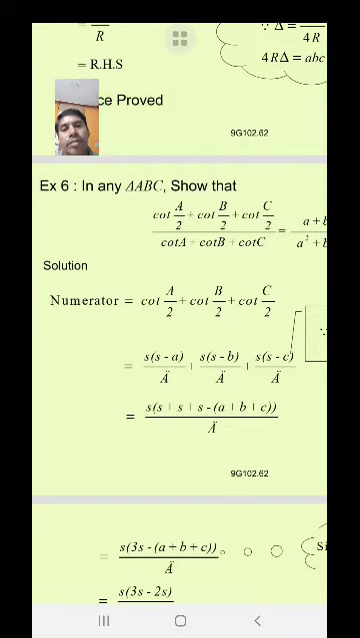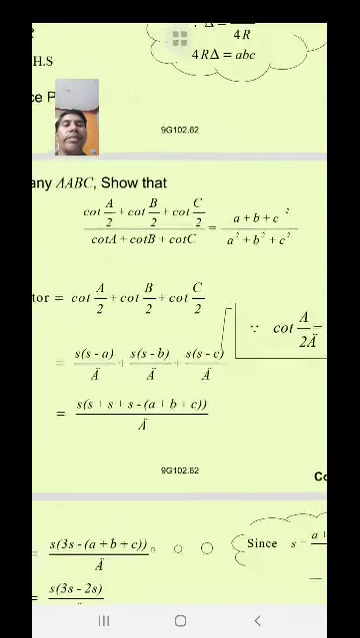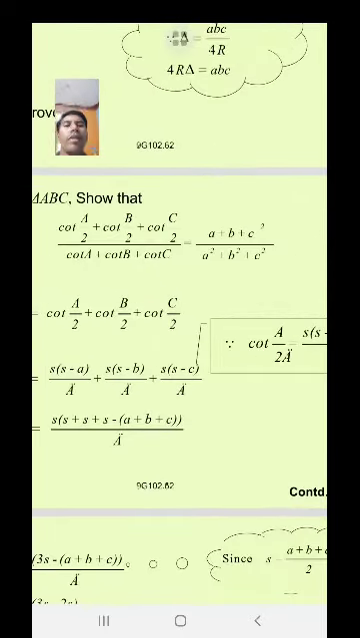Next question. Number 6. In any triangle ABC, show that (cot A/2 + cot B/2 + cot C/2) / (cot A + cot B + cot C) equals